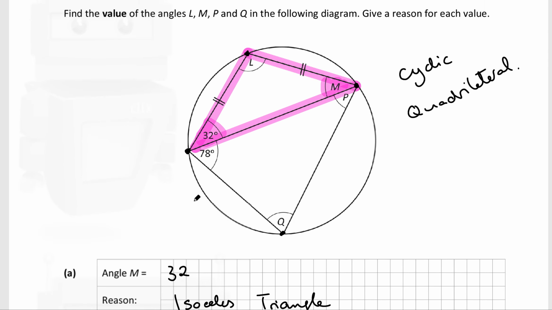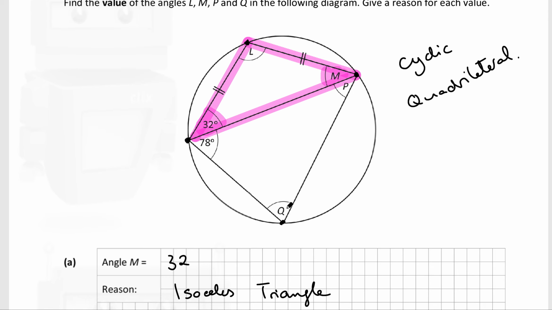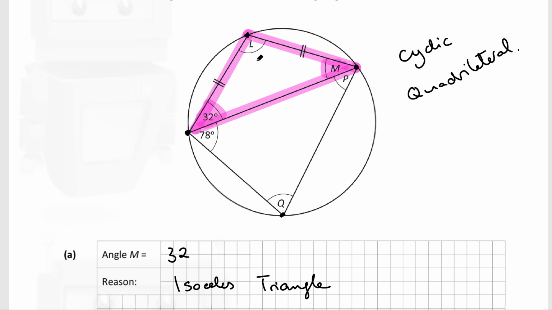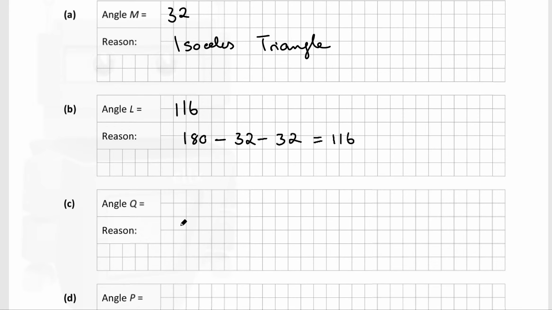The next one is Q. What we know about Q is that it is directly opposite to L, and in a cyclic quadrilateral, the opposite angles sum, meaning they add up to 180. So if I already have 116 out of my 180, the other piece is going to be 180 minus 116, and I'm left with 64. And the reason for it is opposite angles